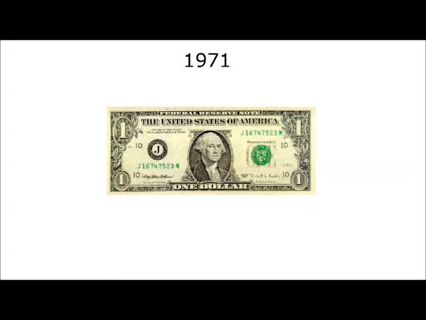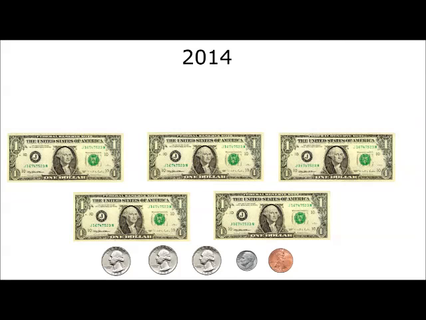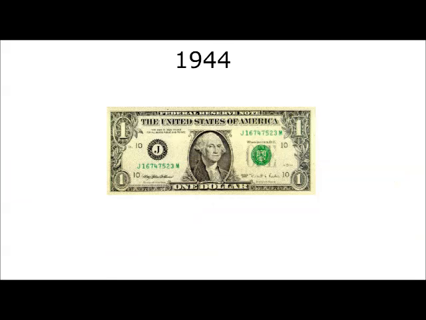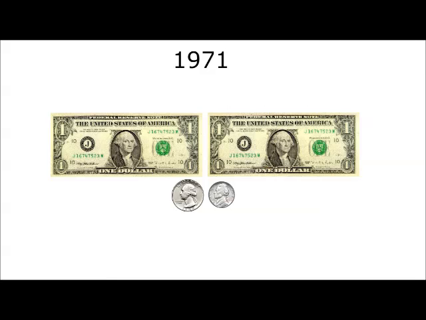What kind of toll has the fiat currency system had on the economy? As stated previously, the dollar in 1971, the end of Bretton Woods, had the same purchasing power as $5.86 in 2014. To be totally fair, $1 in 1944, at the beginning of Bretton Woods, had the same purchasing power as $2.30 in 1971. Some inflation still occurred during the Bretton Woods era, but when we compare that to the first